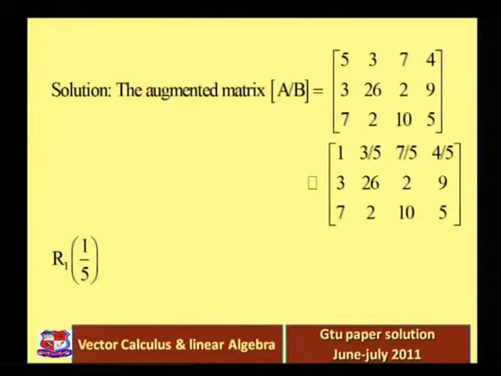So these are the basic conditions to become a row echelon form, right? So we are trying to make this matrix into a row echelon form, otherwise we cannot solve this system of linear equations. So here we are doing that.